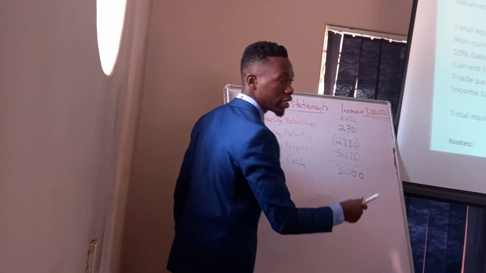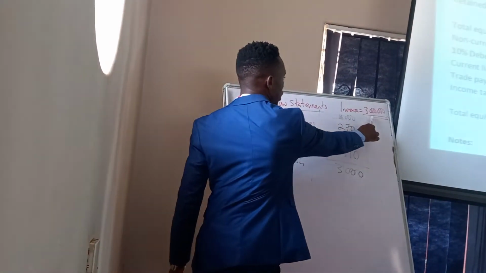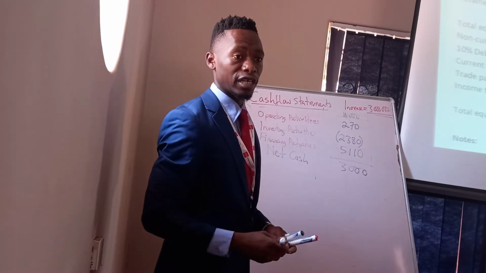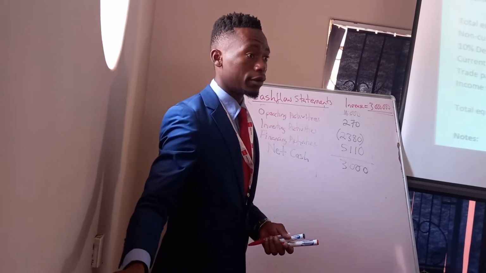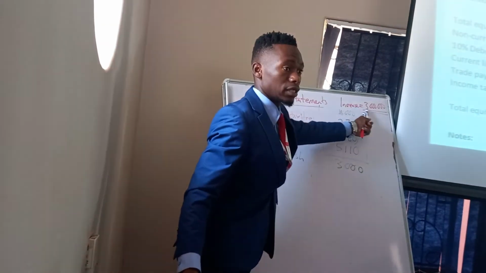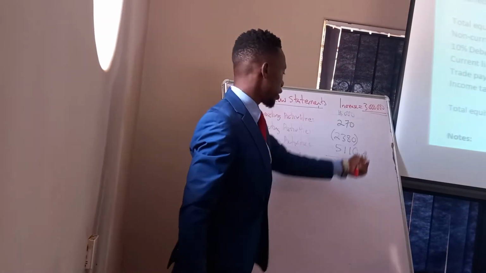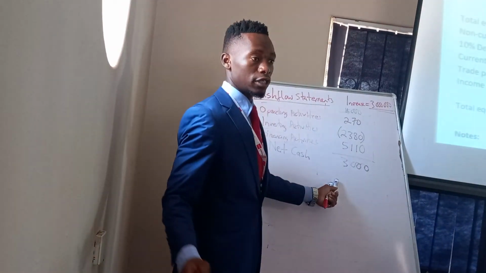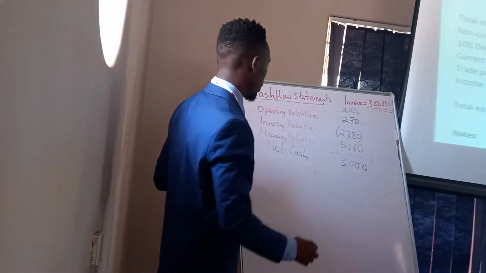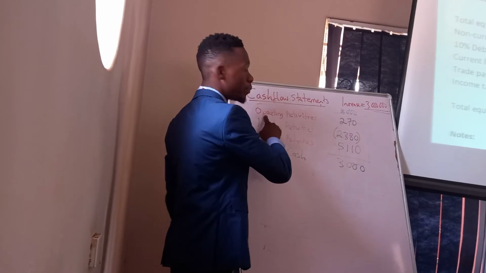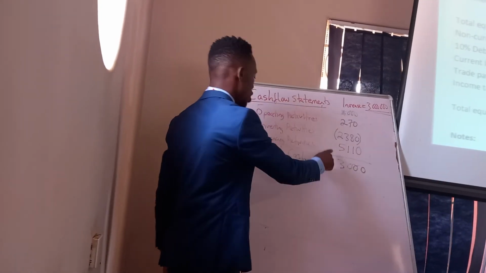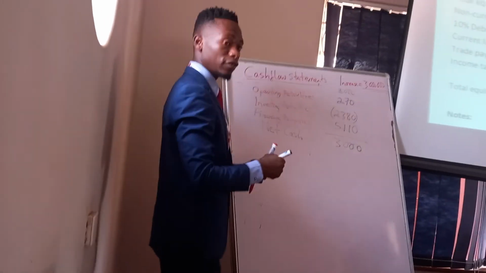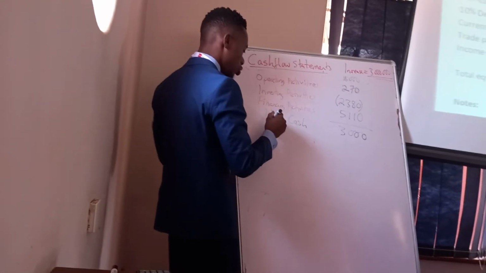You remember what I said initially? When we started, we said we want to prove that the cash is going to increase by how much? By 3 million, right? You remember this balance, the 3 million. From the 3 headings, we have seen an inflow from operating, an outflow from investing, and an inflow of this amount from financing. So you'll be given a format. This is your net cash. So you just add